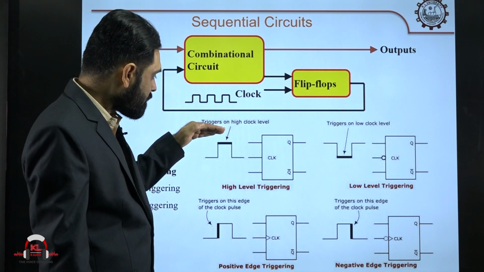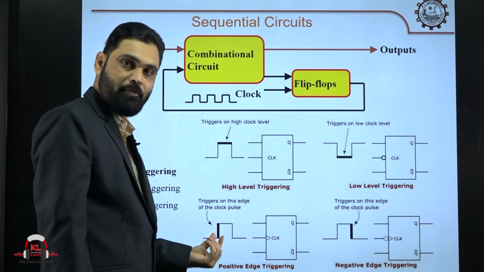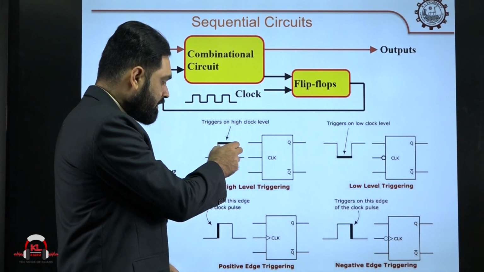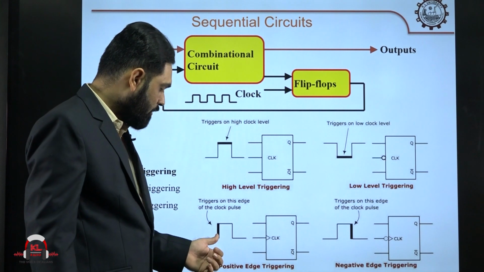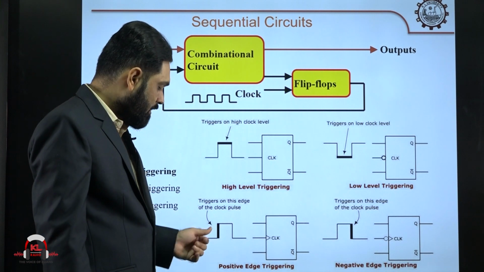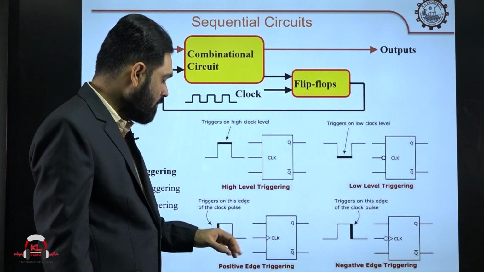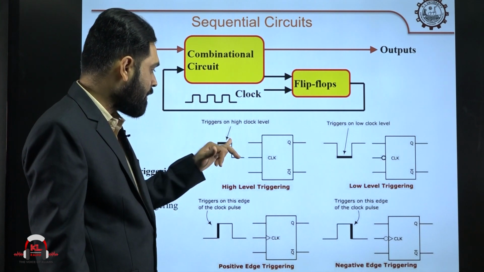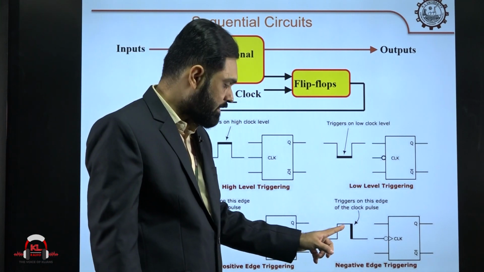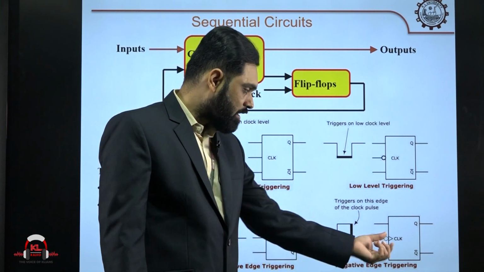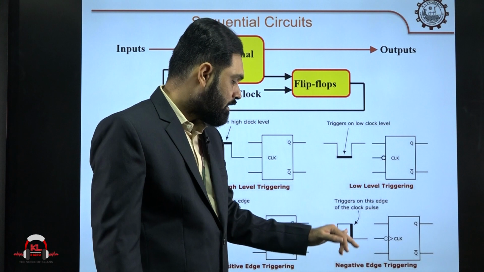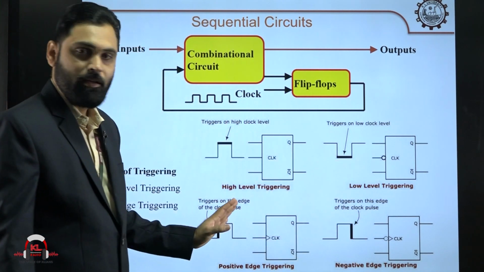Compared to the level triggering, the edge triggering time is very, very less. In the positive level, if you see here, some time period is there, and in that time period this will be triggered. But if you look at this, when the signal is changing from 0 to 1, in that particular period, the device is getting the triggering. So, edge triggering is faster compared with level triggering. This is the positive edge and this is the negative edge. When the signal is moving from 1 to 0, in that period if this device is triggering, then we call this negative edge triggering. So, these are the triggering methods.